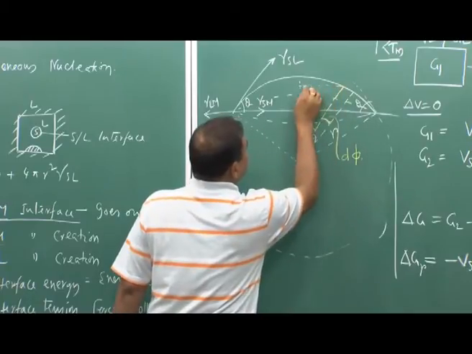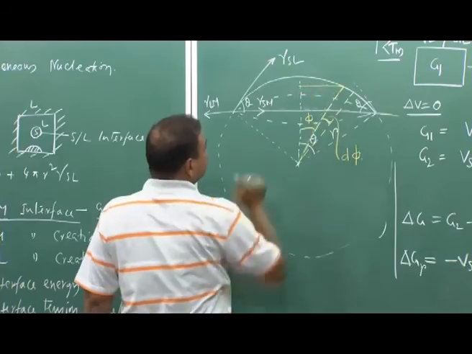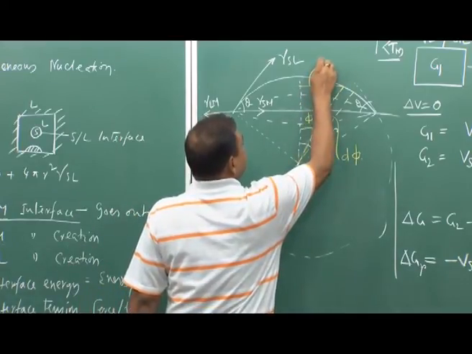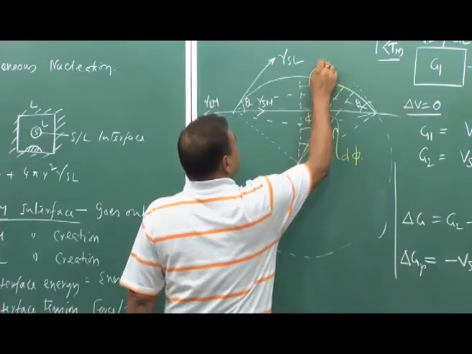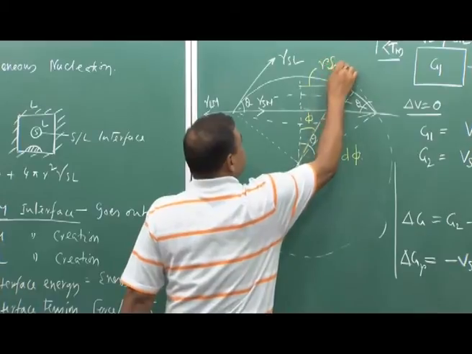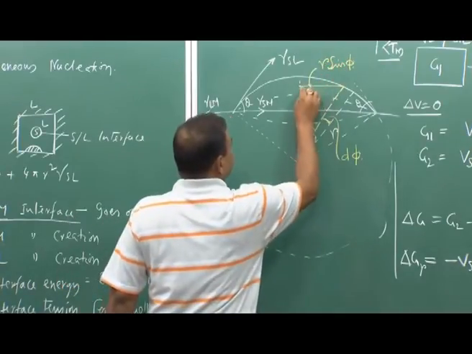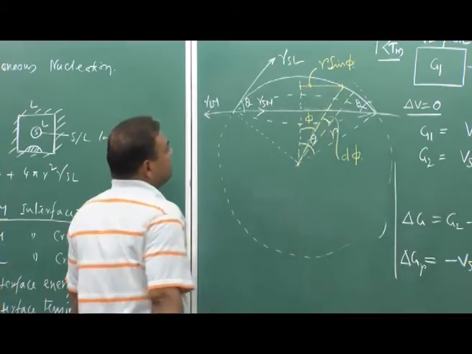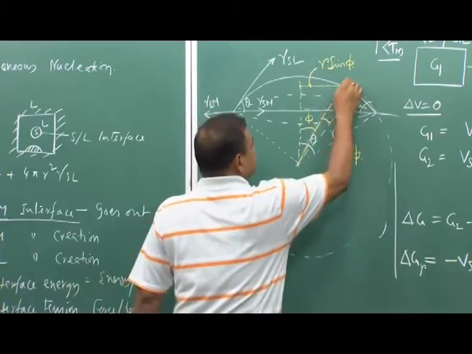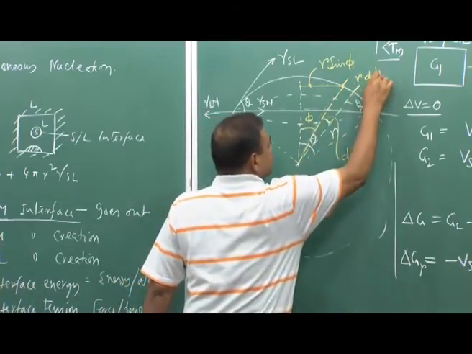For example, if I try to do the length calculation of this particular length, you will see that this particular term would come r, because this is r sin phi. So, this particular length becomes r sin phi. So, this is r d phi,